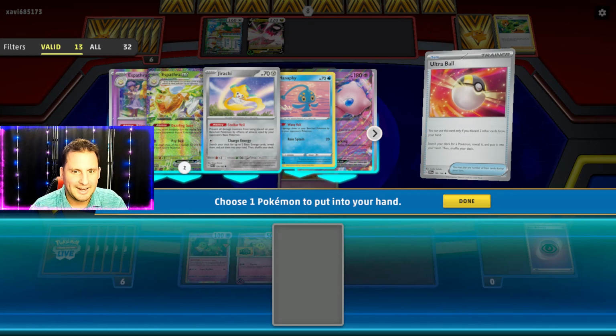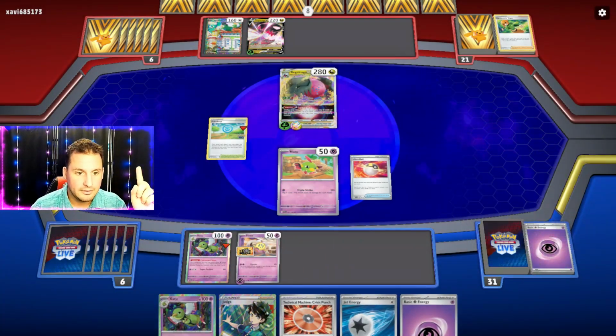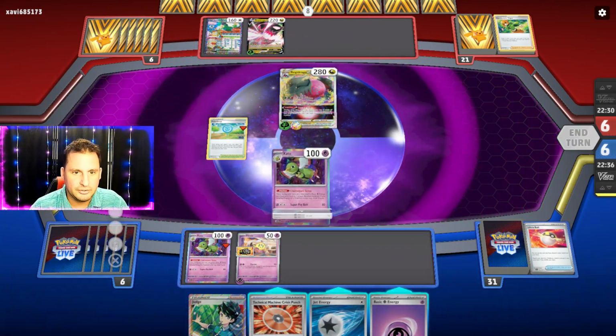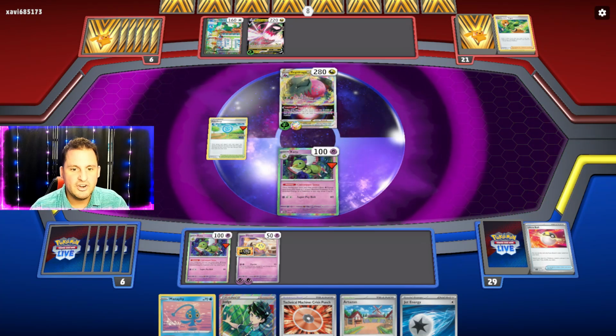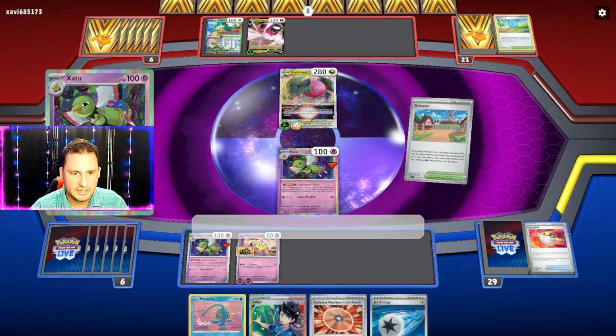But now, I have to get an Espathra. Either one. Either one will do. Because I do have the Jet to attach. Either Espathra would do. Come on. Nothing. All right, let's get this. We can thin the deck a little bit more